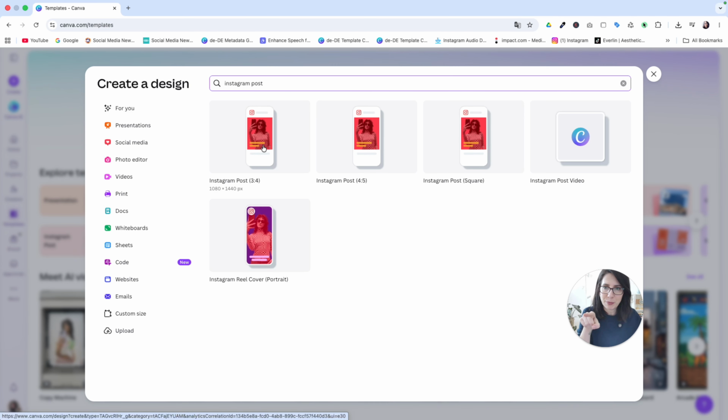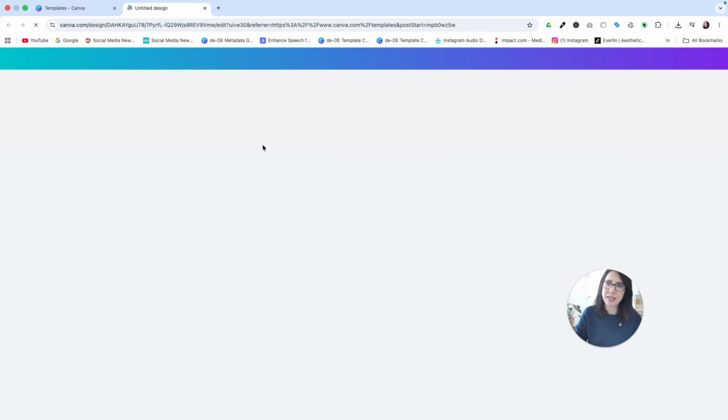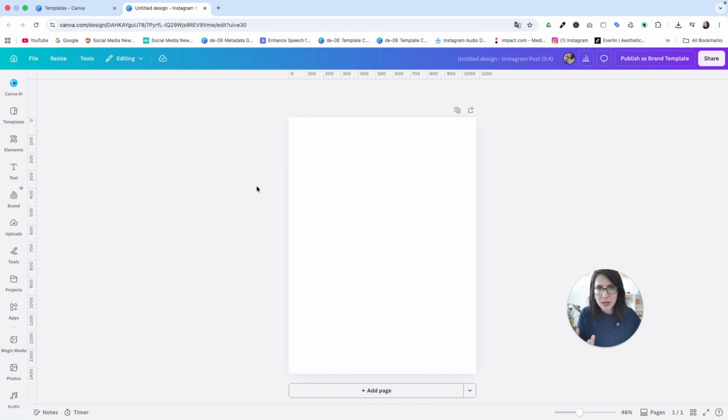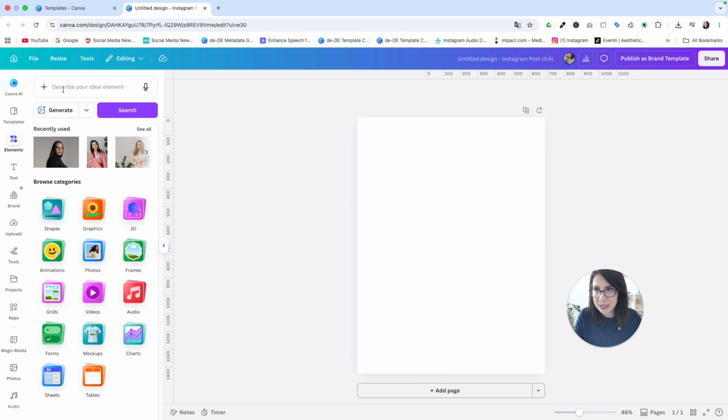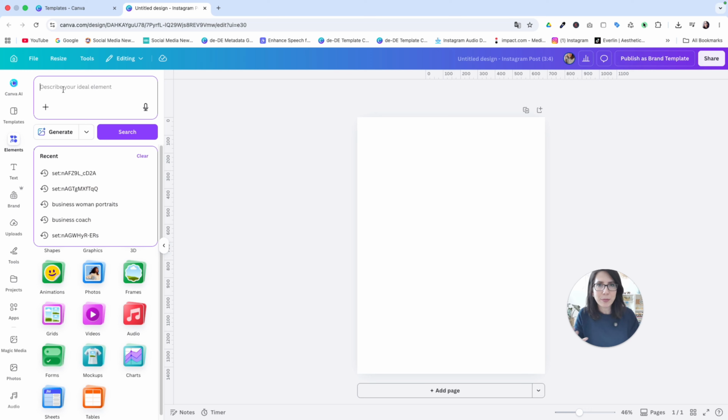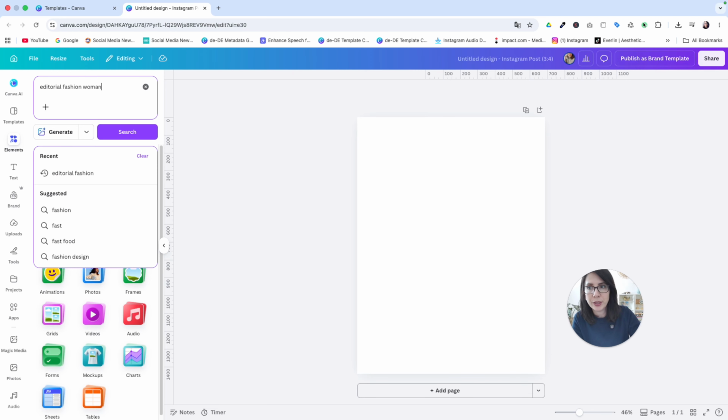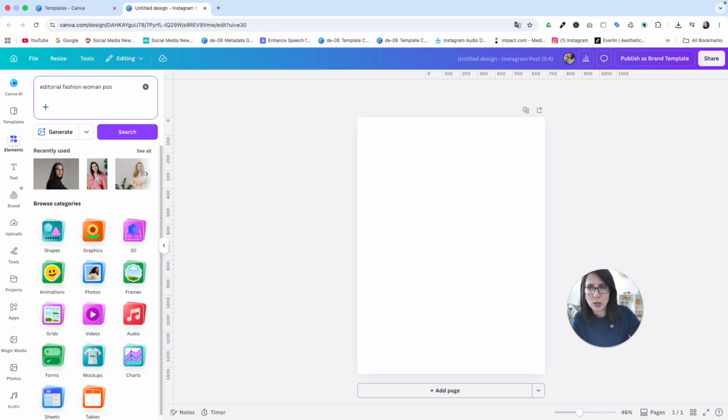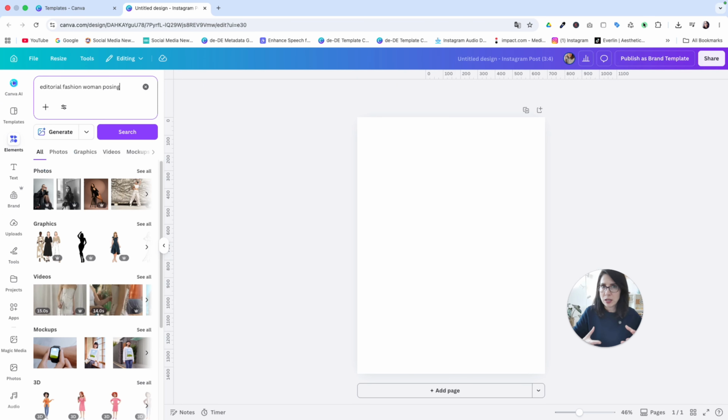Now for this Instagram post is this one here. To really start, you need an image that you can put a letter in and out of. You can search within Canva in the elements, and here you describe the kind of image that you're looking for. I'm just going to give you an example. Editorial fashion woman posing. Because usually these kind of posing images is where you'll find something interesting, something out of the